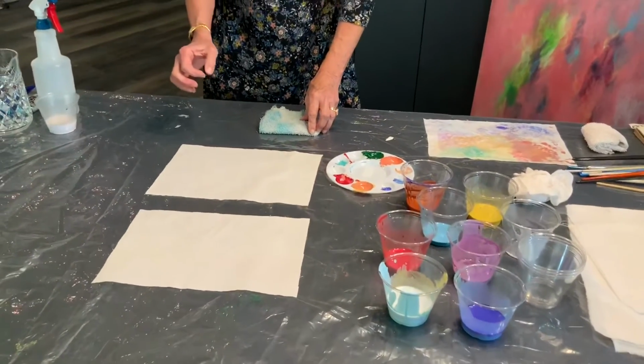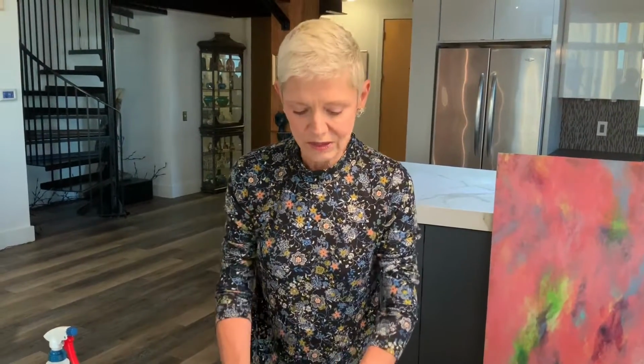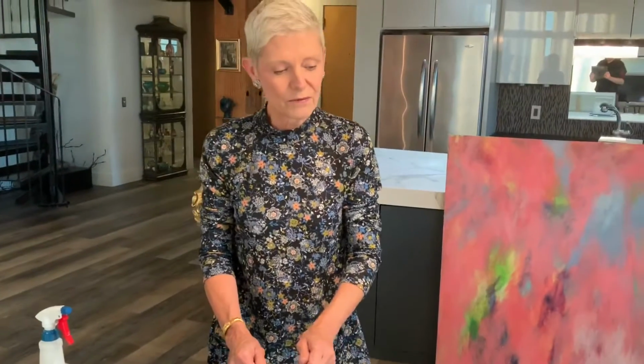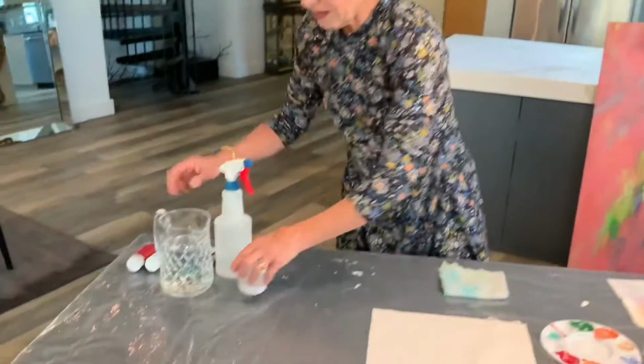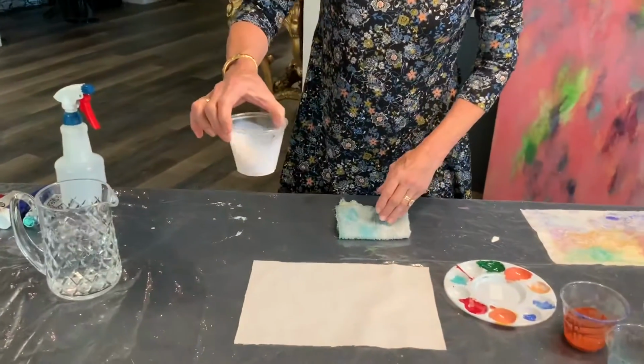And I want you to take some time to mix your own colors rather than just using straight out of the tube colors, because you'll have much more nuanced color, and when you put a color down, you'll have more feeling for how it's calling to the next color that you put down, and it'll be more of a really personal expression. So we have here water, and this is water with a little bit of acrylic gel mixed in